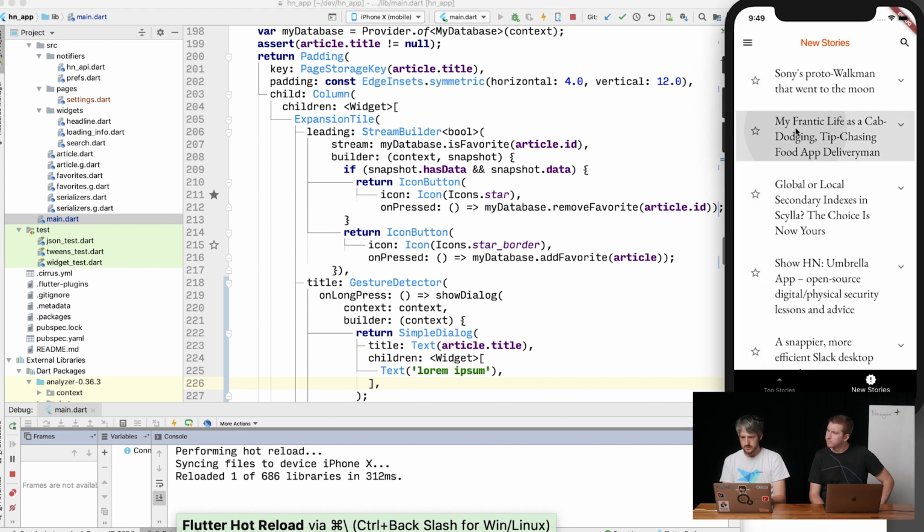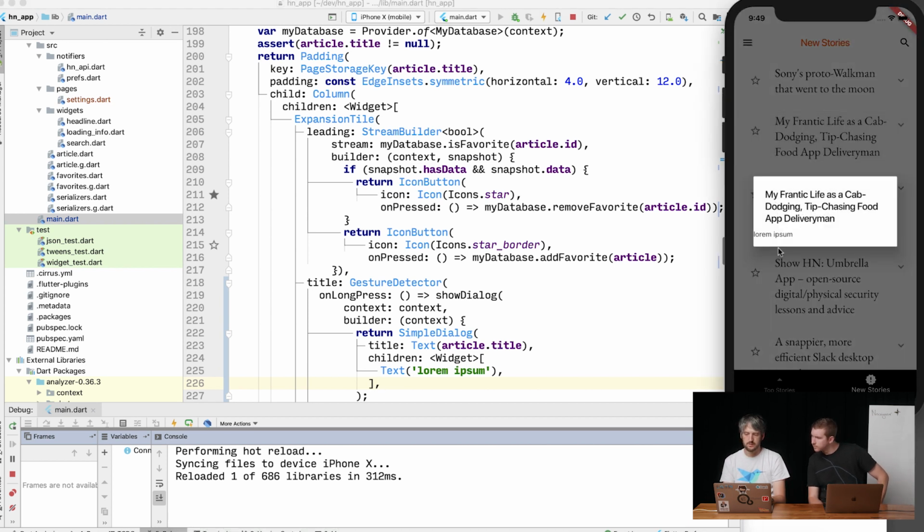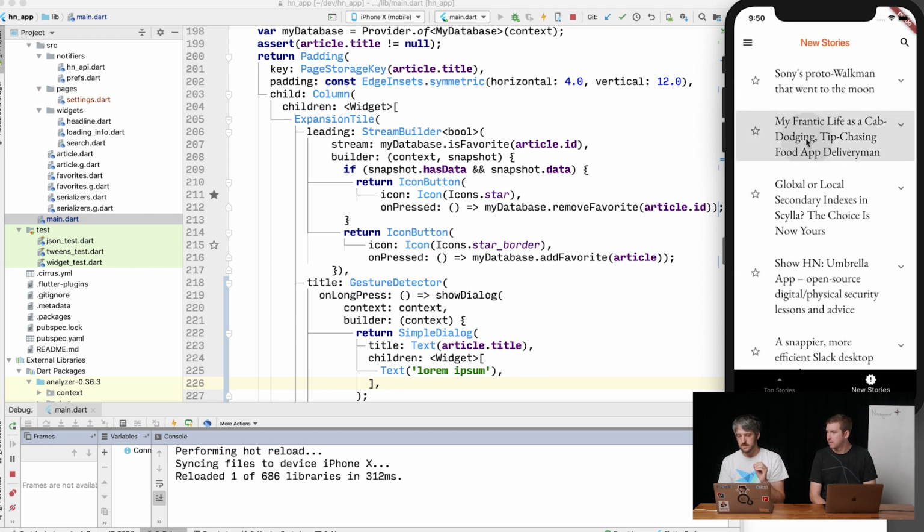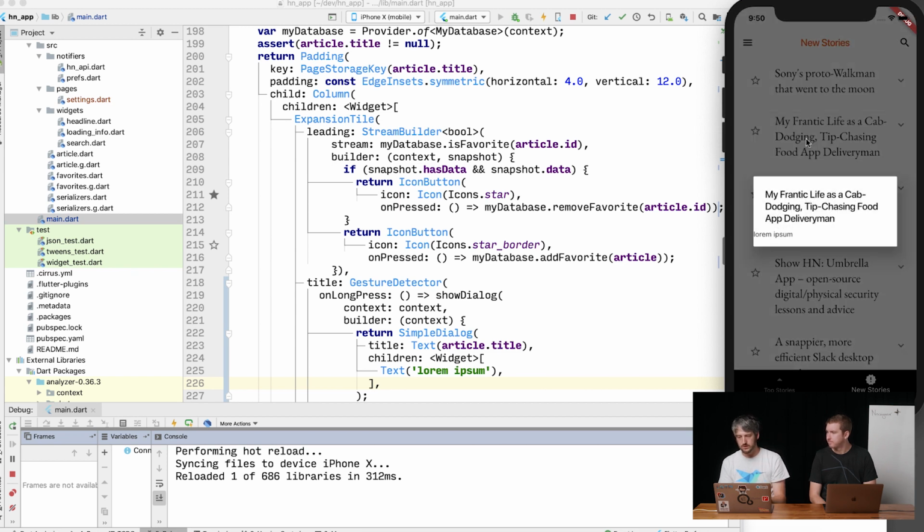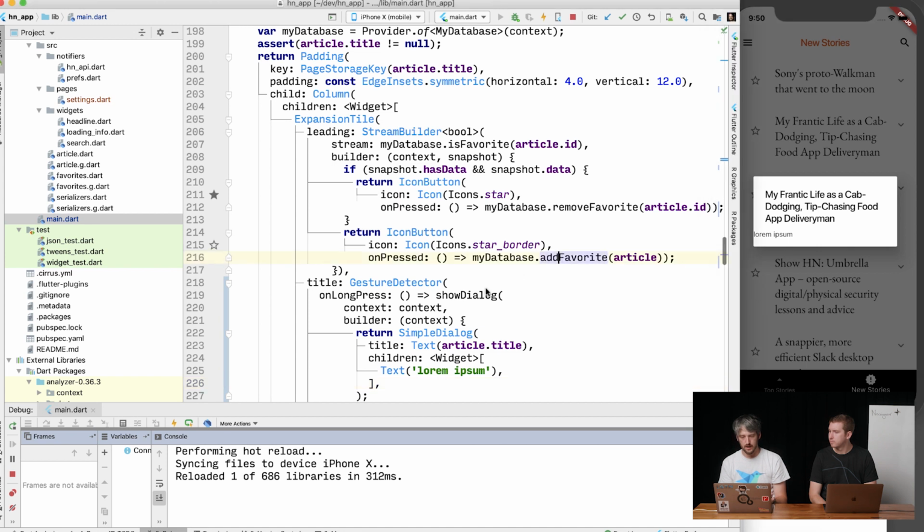So if I long press here, right? Yeah, very pretty. But yeah, so this is a route, right? Yeah. So even though we're not going to another page or anything like that, we are creating a new route. And let's take a look at how that